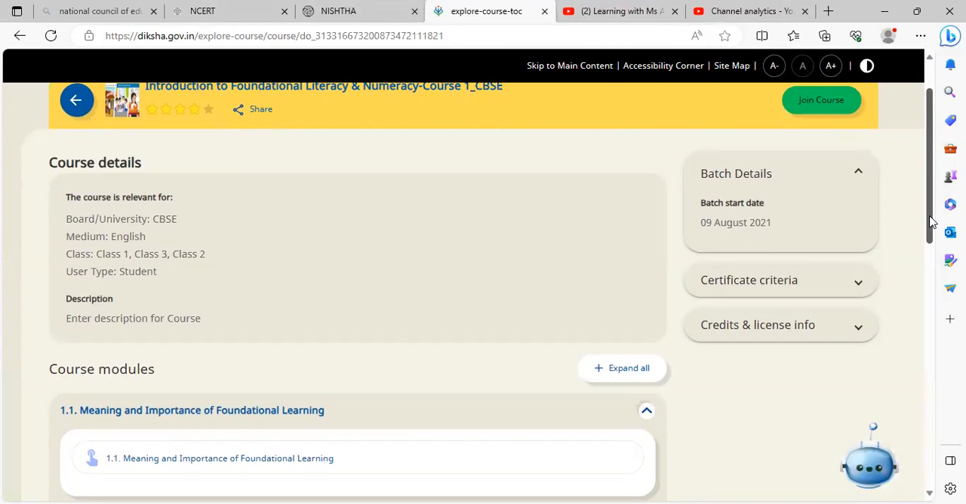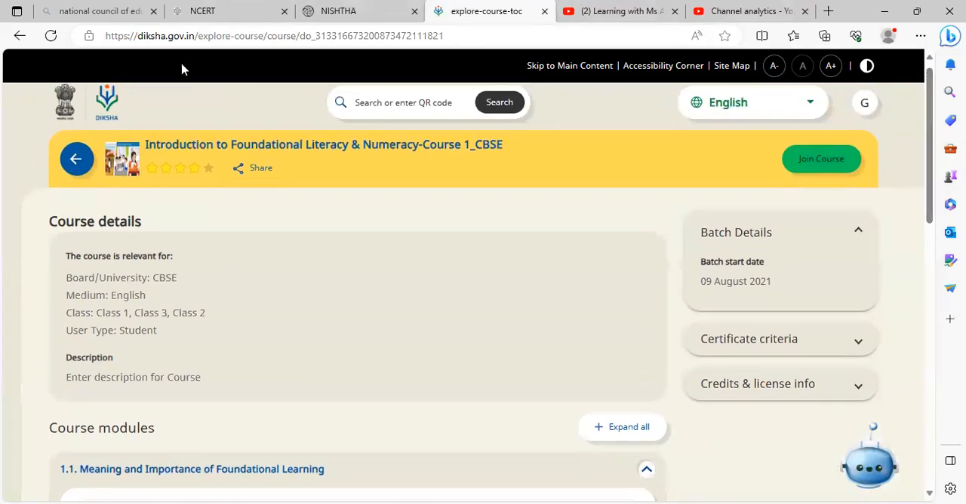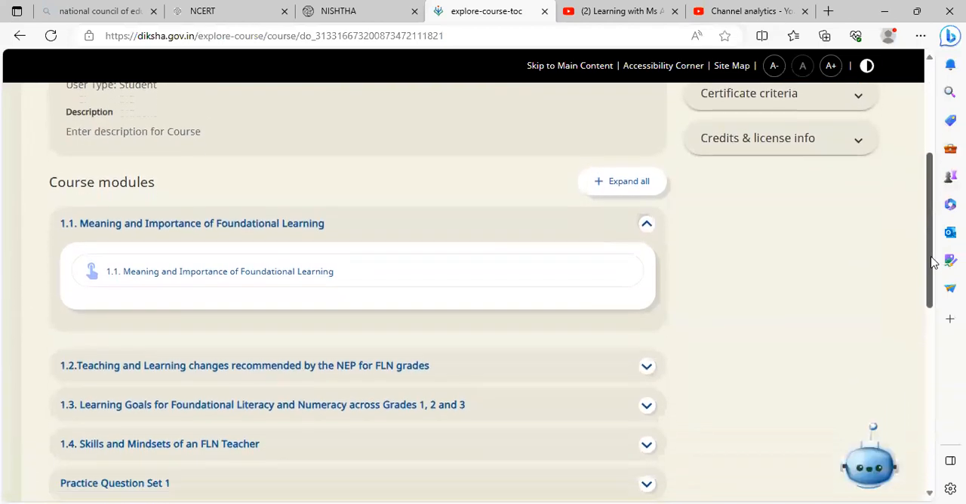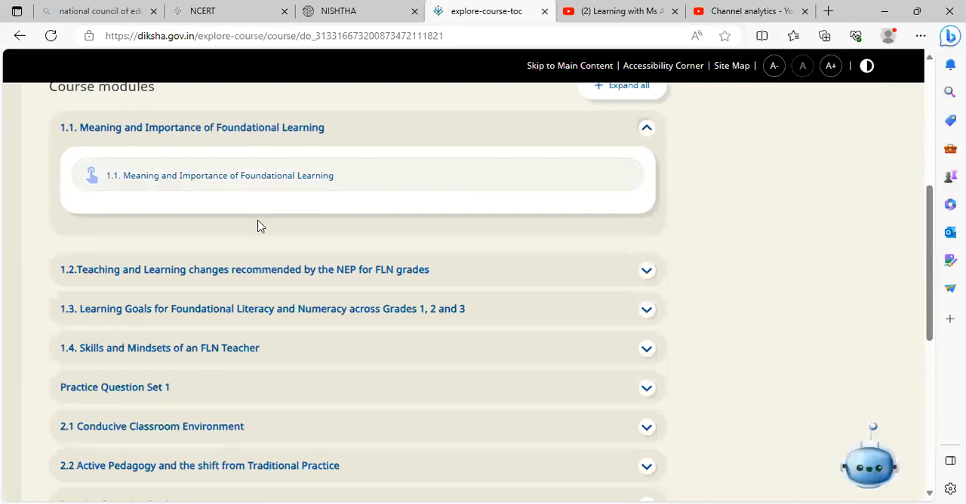If I click on a particular course, on the top of it, I will get the grading and the name of the course along with the join course option. Now, when I scroll the window down, I get a number of lessons in it. That is the course module. Previously, I had discussed a number of modules by Nishtha. Today, I've started with Diksha. Now, in Diksha, there are a number of